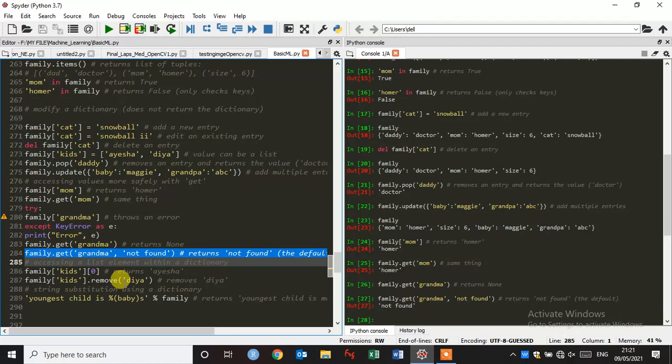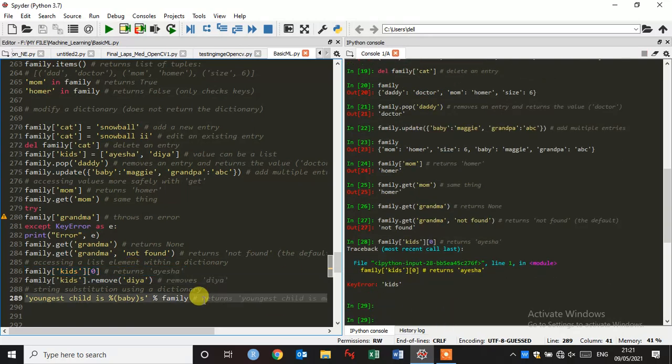And now we are going to access a list element within a dictionary. As we know, index starts with 0 in Python. So suppose I give kids and in brackets 0.